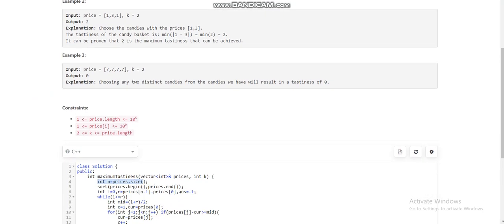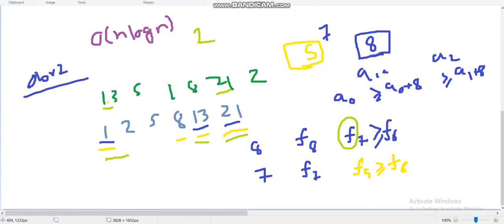Now we are just doing binary search here. Now j equals 1, j less than n, j plus plus, you have already taken the first element. c will consider the count of the elements, and this is the current element, or you can say the last taken element. So if prices j minus the current element is greater than or equal to mid, so let's say our current element is 1 and we are at 13. Now we will check 13 minus 1, which is 12, greater than or equal to 8,